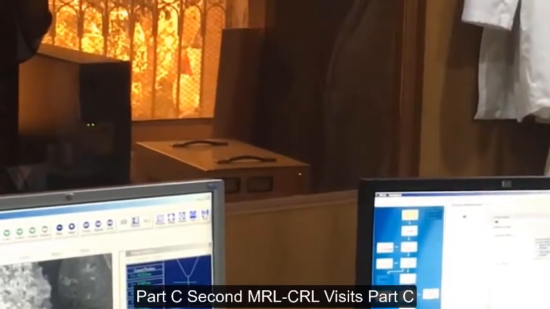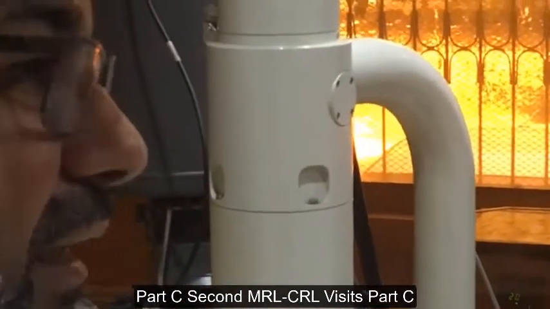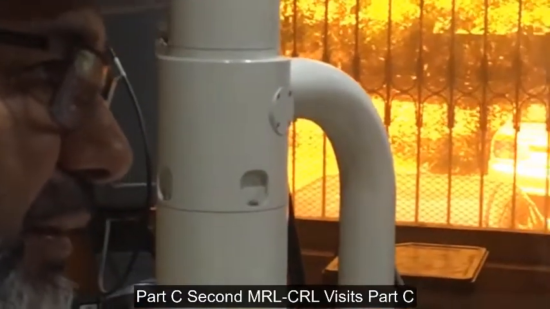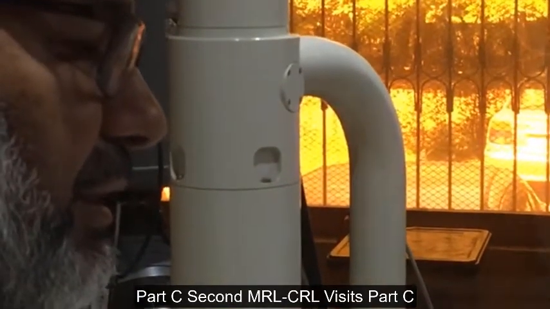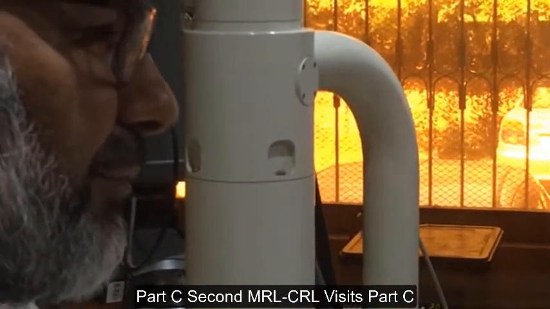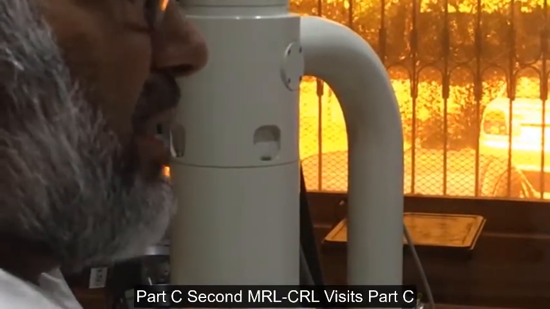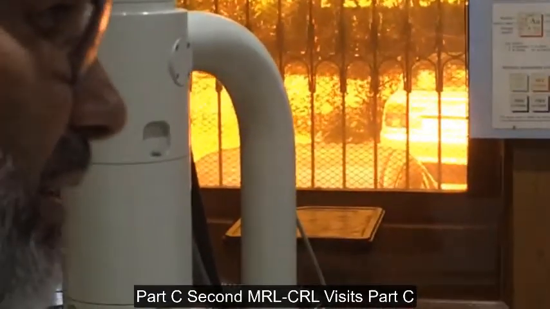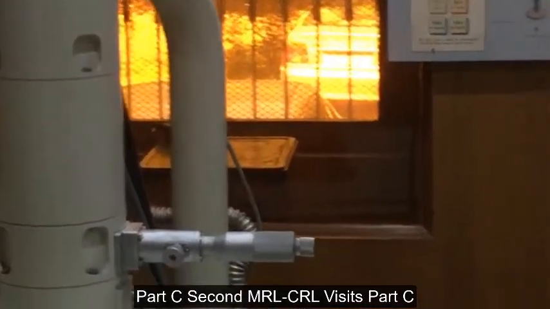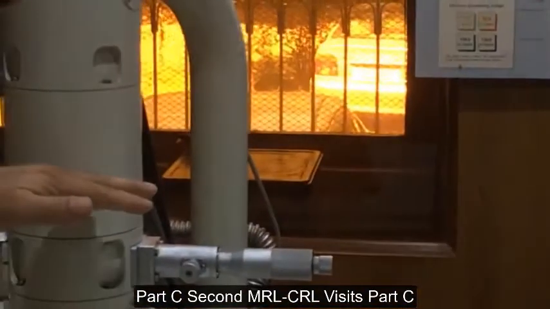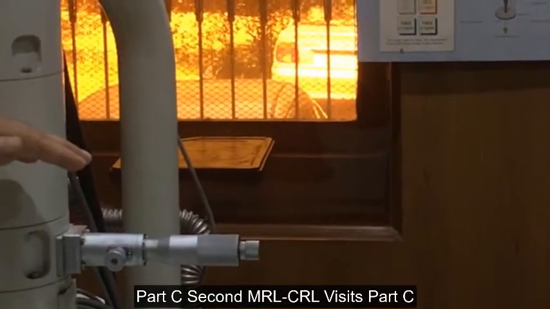But what you can do, you put the sample here, this is the pole piece, and this is the electron gun, this is the elemental detector, people call it EDS, energy dispersive spectrometer, which is actually energy dispersive X-ray spectroscopy, because the main thing is the electron beam here, right? So EDX also. The same thing, elemental analysis. So you focus the beam onto the sample, right?